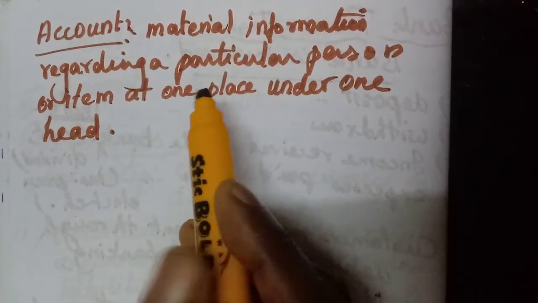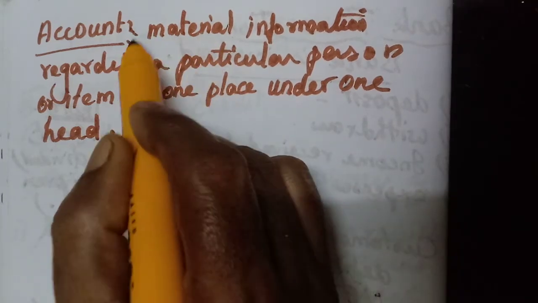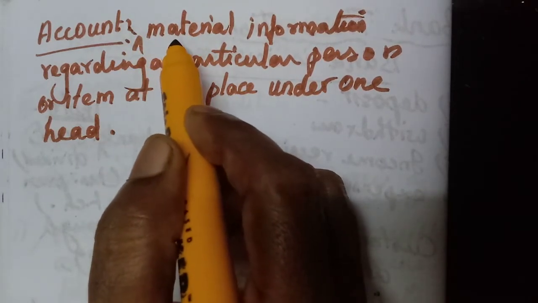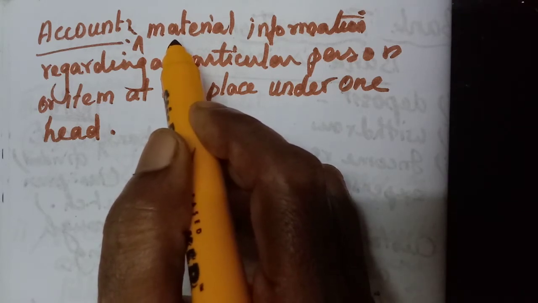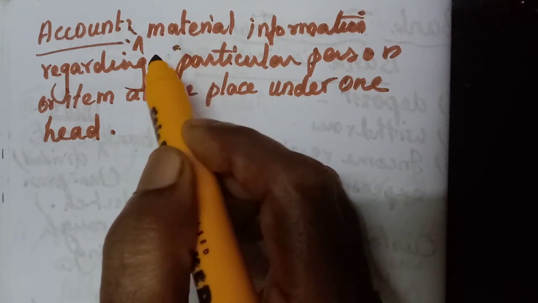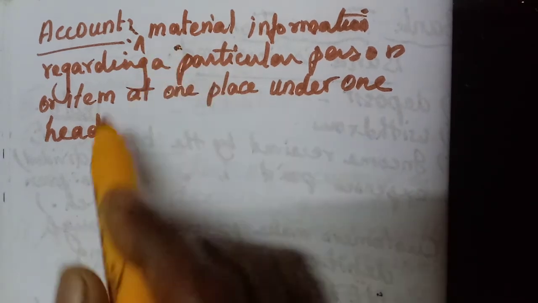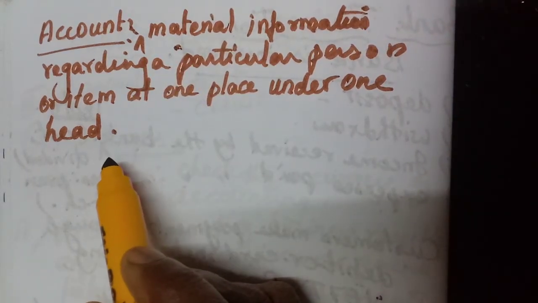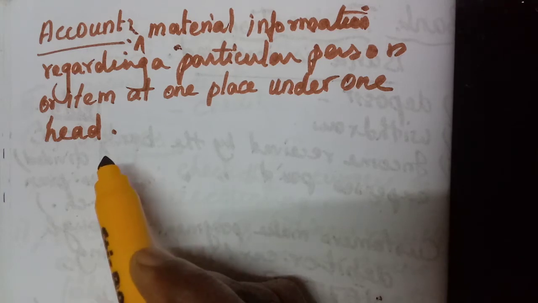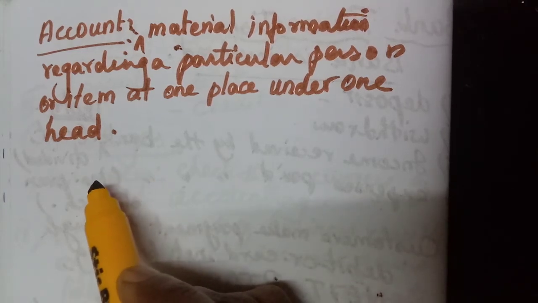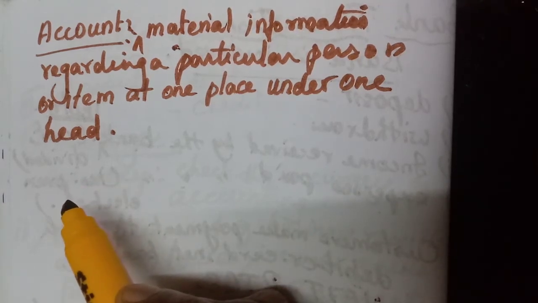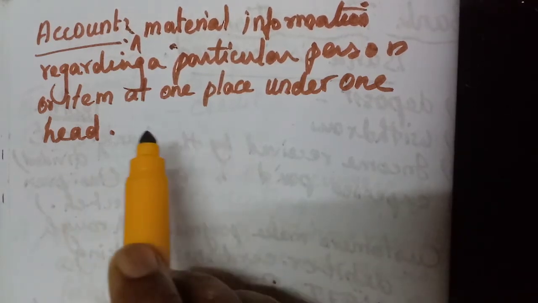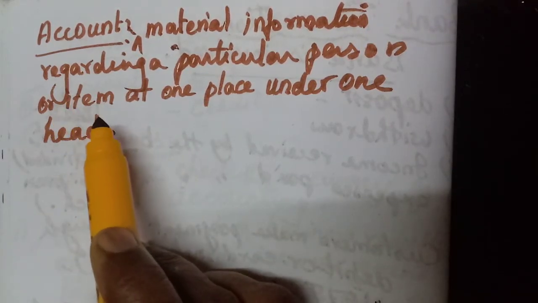That means systematically they will enter. That is another thing, order, isn't it? If we deposit money today, it will be entered today. Then after 2 days, if we withdraw money, that day they will enter. Then after around 1 year, they will calculate interest. So that interest also will be entered at each 6 months interval. Everything will be grouped under one heading. That is also an account, we can say.